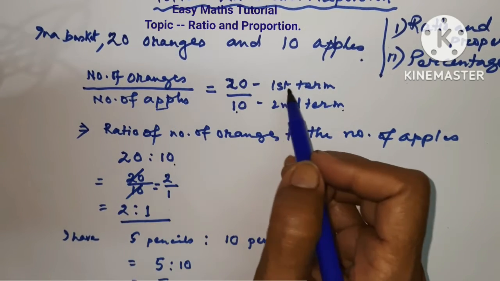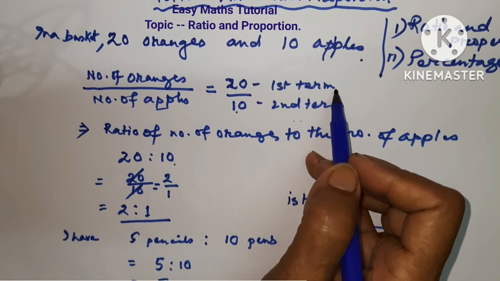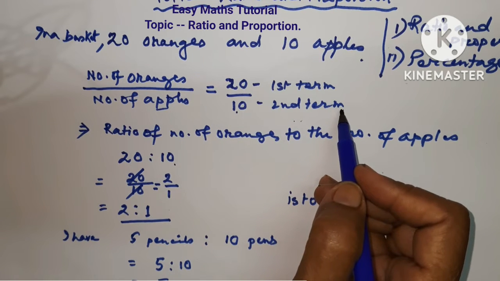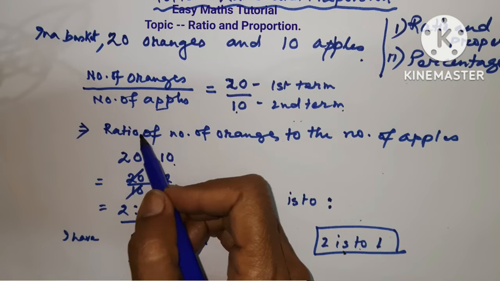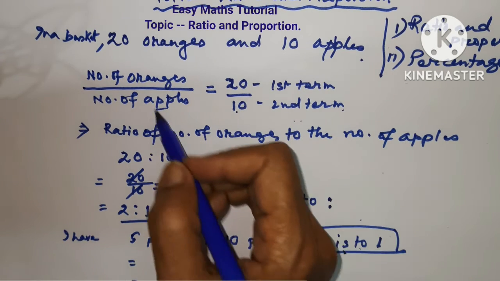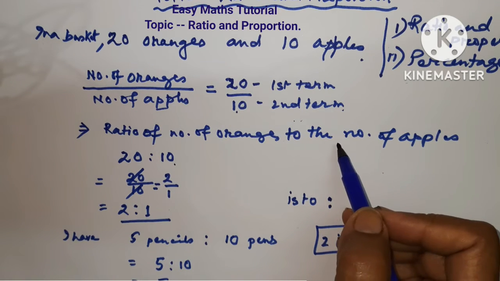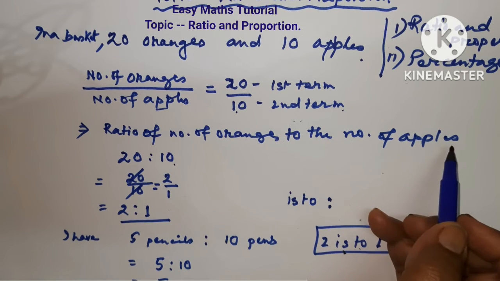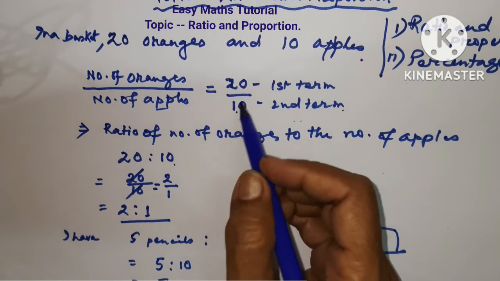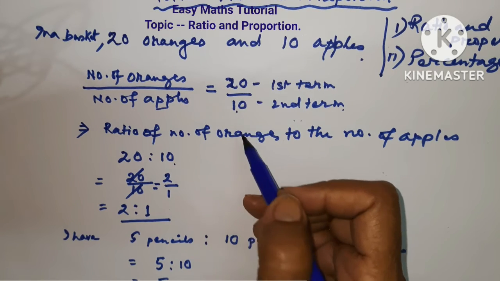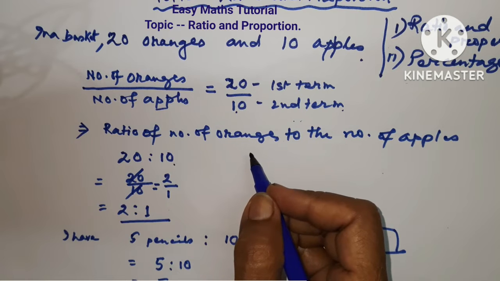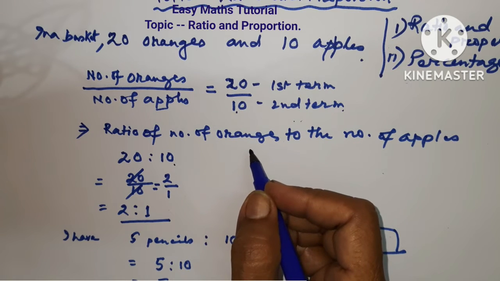Here number of oranges equals 20, it is called the first term, and number of apples equals 10, it is called the second term. So, when we find the ratio of the number of oranges to the number of apples, we will find the lowest form or simplest form of its terms, which cannot be divided by any number other than 1,